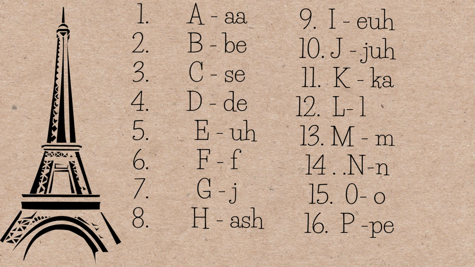Let's start with the letter A, A, for B, B, for C, say, for D, day, for E, for F, it is the same pronunciation F, for G, J, for H, Ash, for I, for J, J, for K, K, for L, L, same pronunciation as in English, for M, M, for N, N,